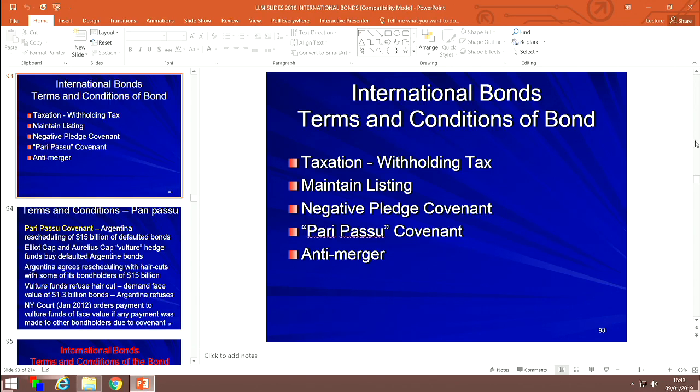then the issuer must gross up that amount of withholding and pay to the investor the full interest due on the bond, ongoing. If the issuer does not wish to do that, just like in a syndicated loan, the issuer has got an option to redeem the bond at face value at that point in time. That's the withholding tax gross up clause.